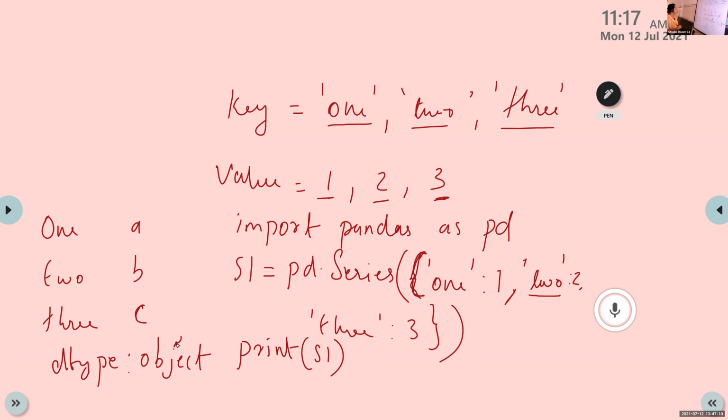Okay. So if a character or string is used as data value, then the D type is object. If you are using integer values like 11, 10, 12, then the D type is int64. Raina, here what is the D type?